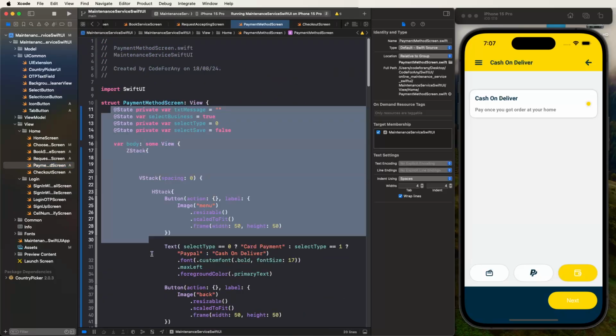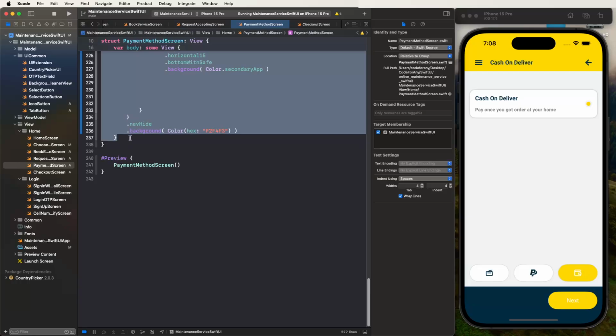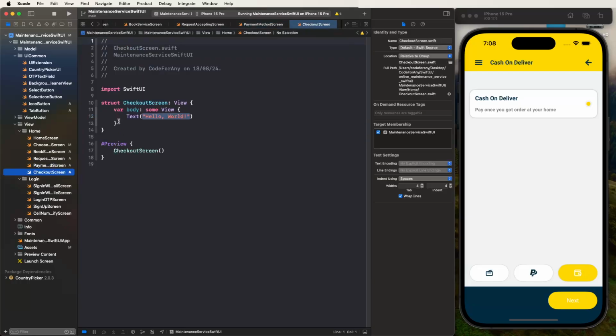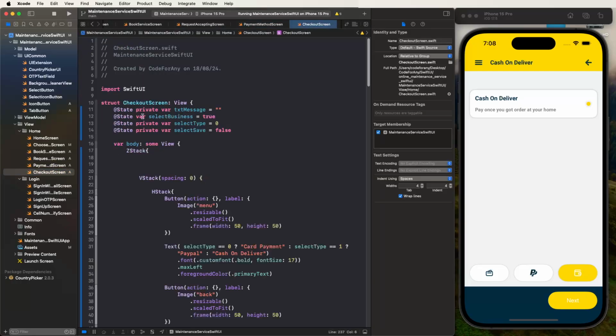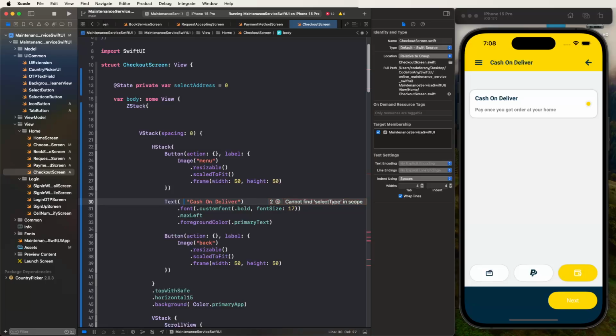Need to copy this whole thing here and paste it here. Now remove the message, select the business, no need for it. Remove the unused parts. Now we need to select the address, like this. Now set the title, change it to Checkout,